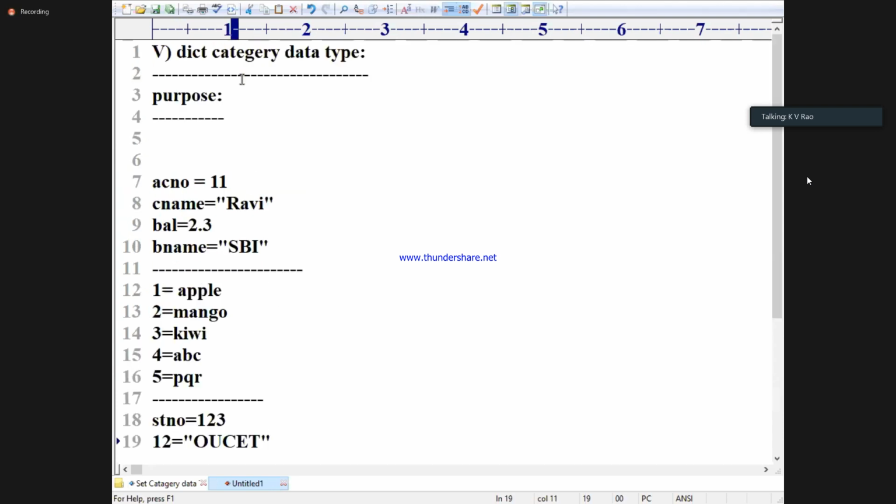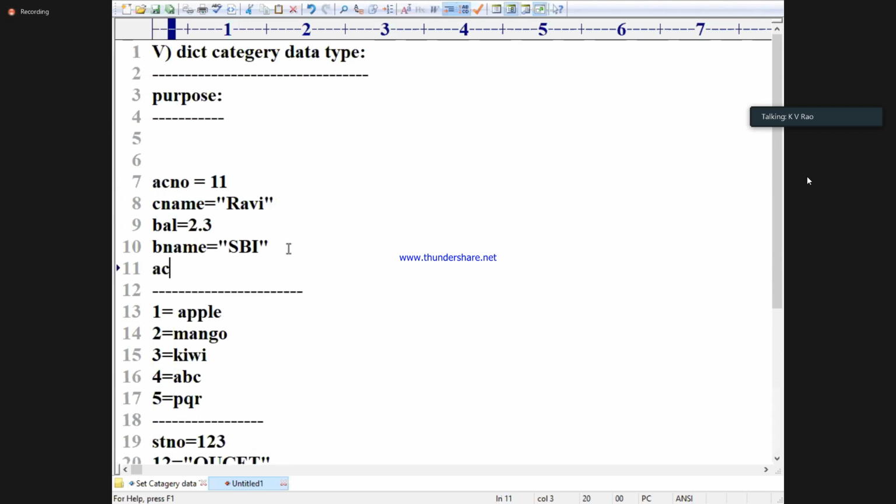So in dict, data is organized in the form of what? Key comma value pair. Keys are always unique. Suppose ACNO is there. Again, I cannot write ACNO is equal to 123. If at all you write ACNO is equal to 123, the previous ACNO value 11 is replaced with 123.